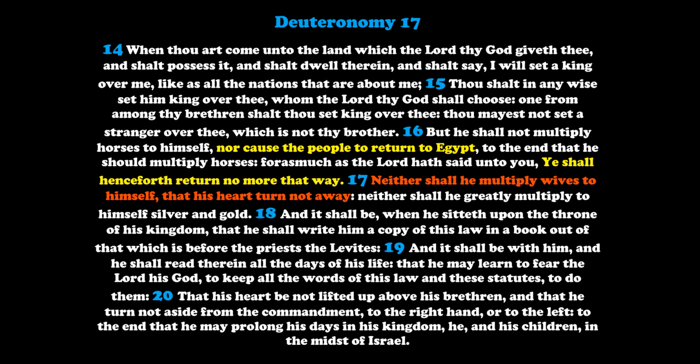And the Lord told the Israelites, "Your king shall not multiply wives to himself, that his heart turn not away." So that's a key point. "Neither shall he greatly multiply to himself silver and gold. And it shall be, when he sitteth upon the throne